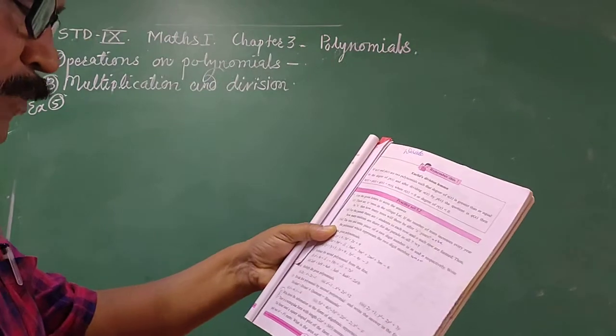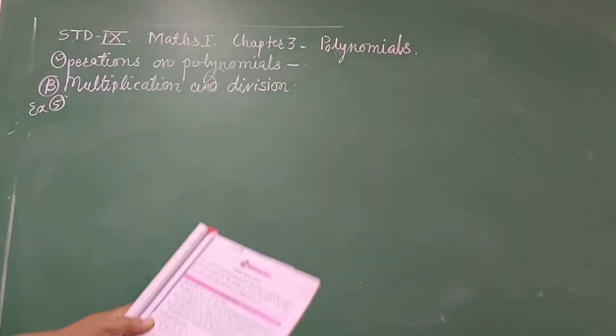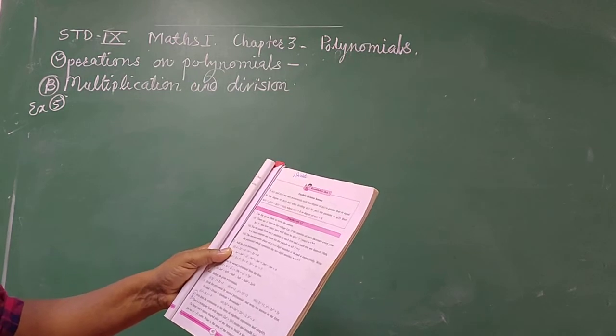Divide first polynomial. Observe on page number 43. On page number 43, there is practice set 3.2, question number 5. Divide first polynomial by second